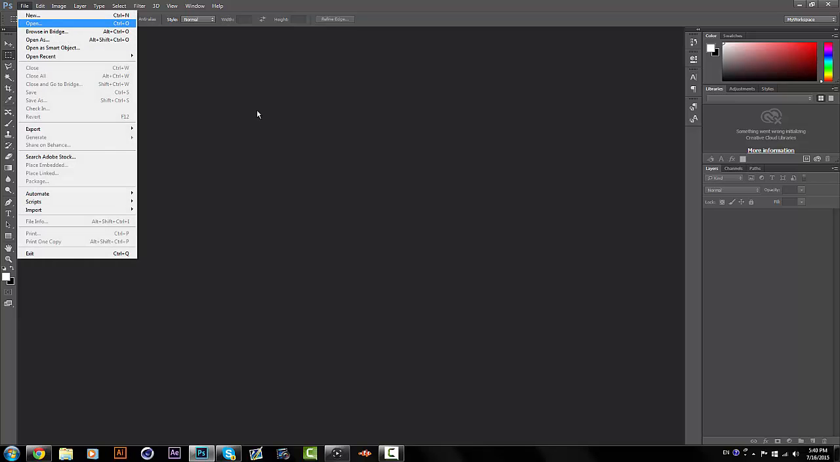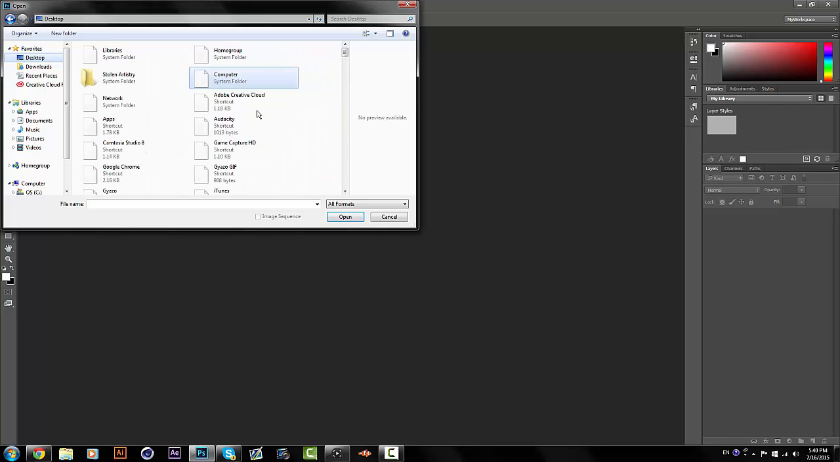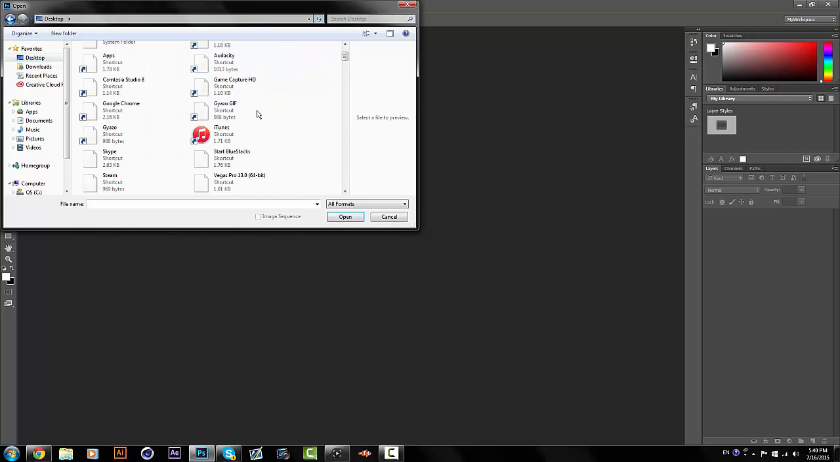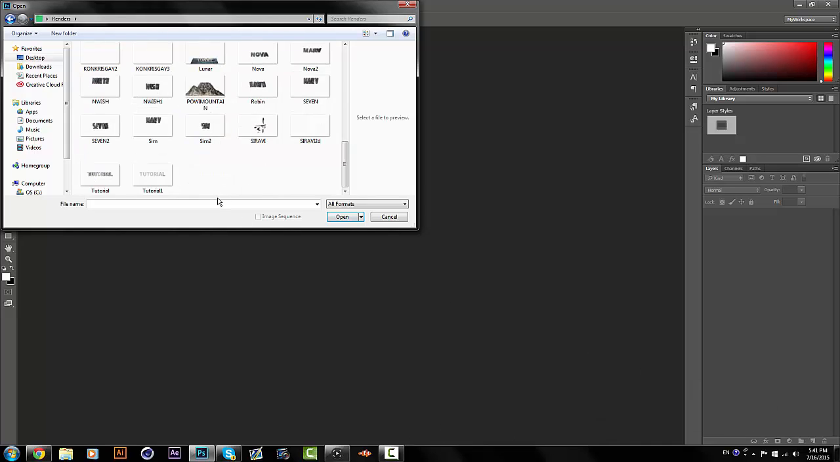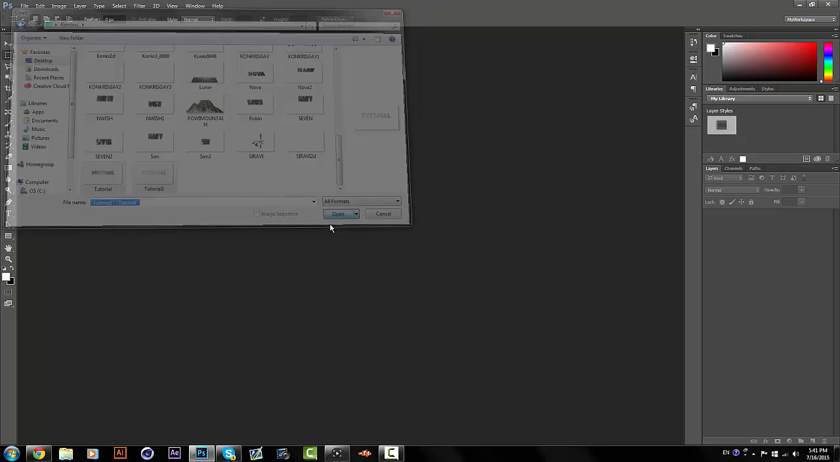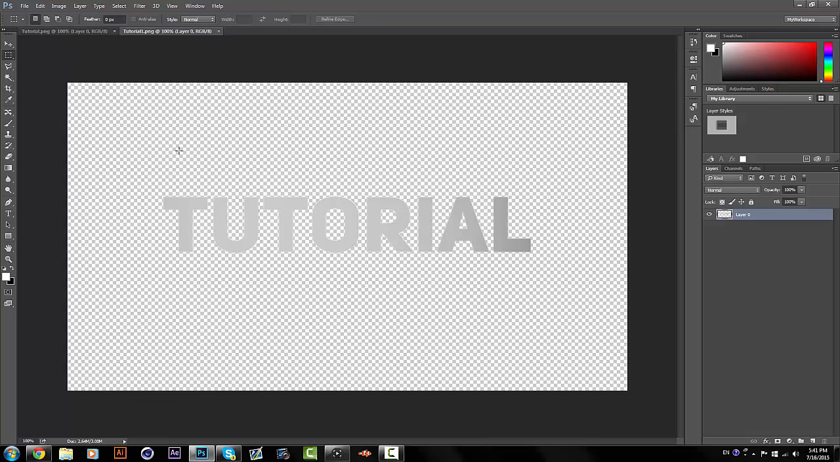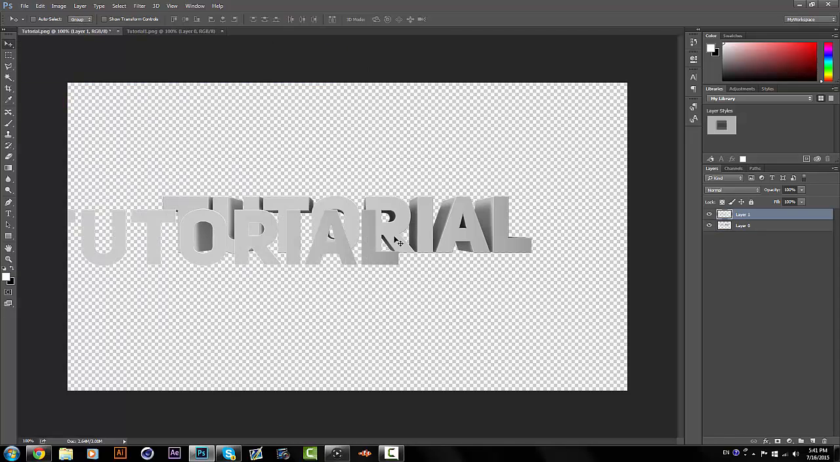Now I'm going to go into File, Open. I'm going to go to my desktop where I have it saved in my renders folder. Here's my renders folder. Okay, so I have it saved in my renders folder. Tutorial and tutorial 1. So I'm going to hold control and click on both of them, and then press open. And then make sure that you're on the move tool and just drag this 2D version into the 3D